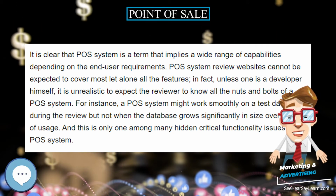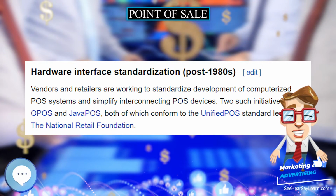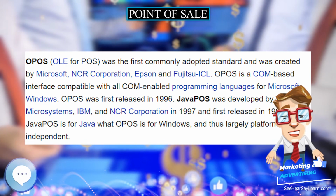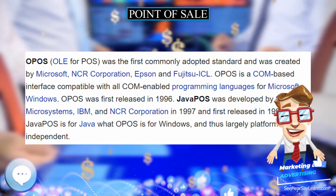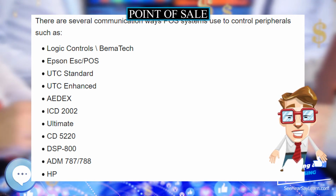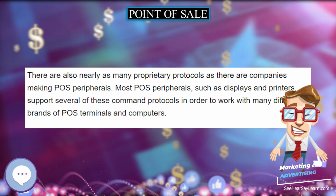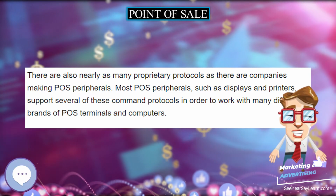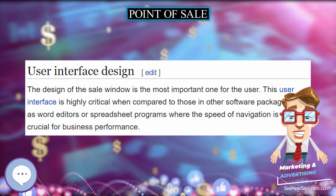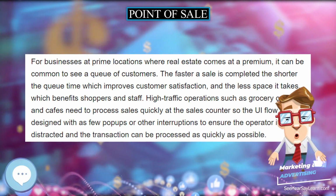A supermarket with high traffic cannot afford a systemic failure, hence each point-of-sale station should not only be very robust both in terms of software, database and hardware specifications, but also designed in such a way as to prevent causing a systemic failure, such as may happen through the use of a single central database for operations. At the same time, updating between multiple stations and the back-end administrative computer should be capable of being efficiently performed,